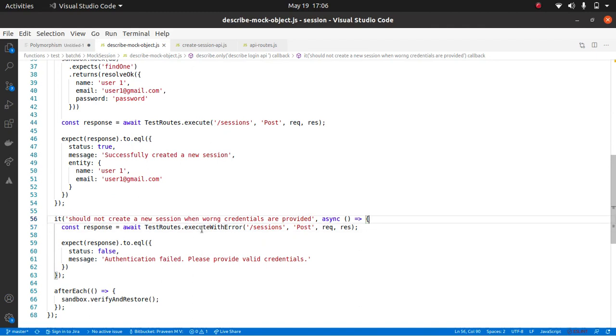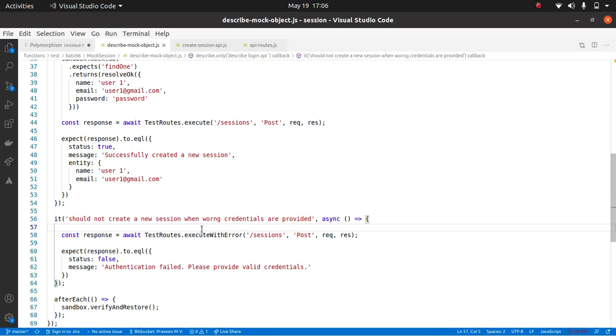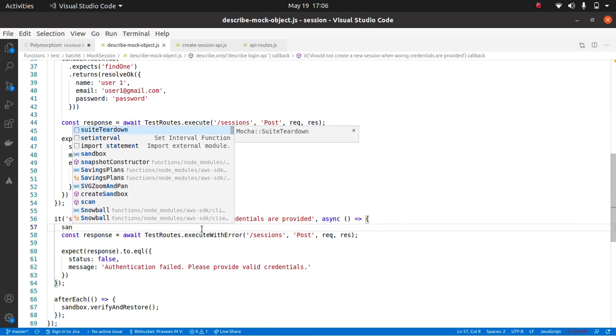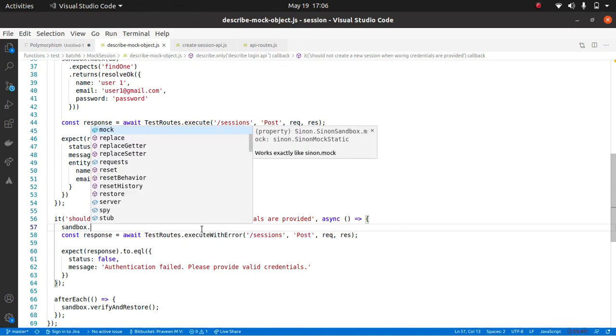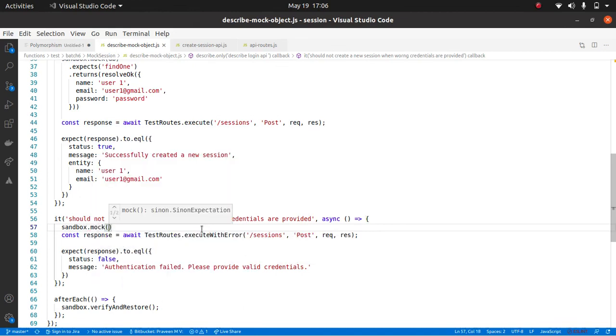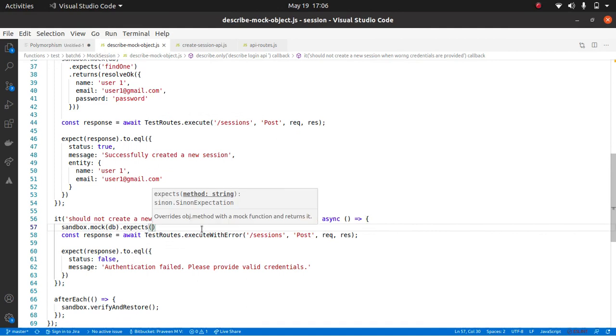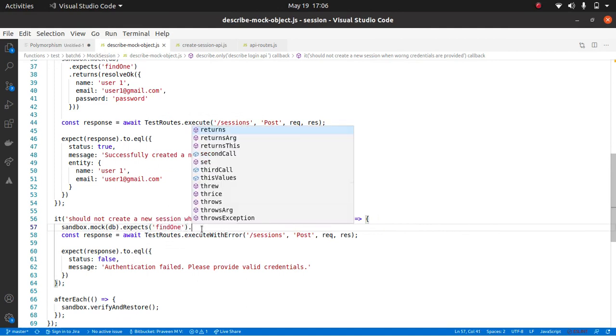So I am going to mock the database again over here. Sandbox.mock. What are we going to mock? DB, correct? And expects, what is the method it is expecting? Find one. And what should it return?